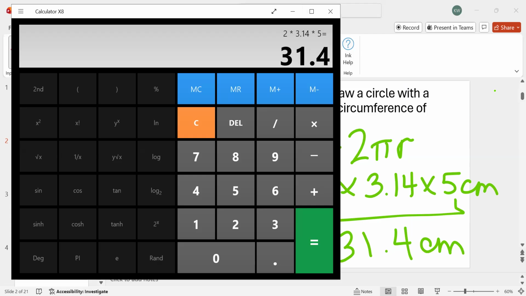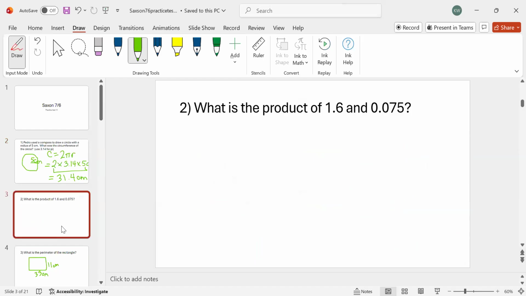Okay, so back to that, and to the next problem. What is the product of 1.6 and 0.075? Okay, so product means multiply. So we're going to set that up here. You can put either number on top, but for space reasons, I'm going to put the one that's longer on top. 0.075 times